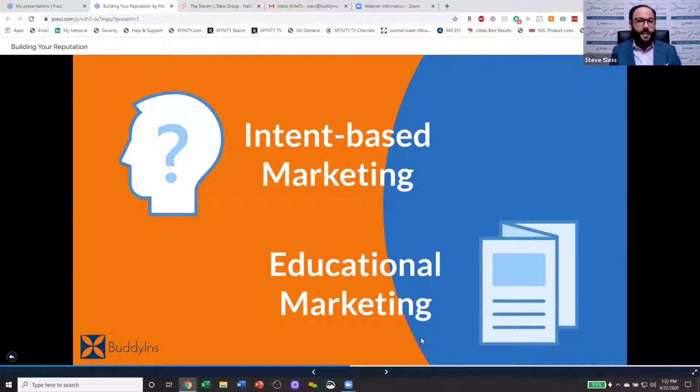Ultimately, with the intent on hopefully selling them your service or product, but really the intent is educating them. And through educating them, they will come to you. You're not going to necessarily have to go to them. But I think intentionally focusing on the segment of the market that's going to buy, not in the short future, but maybe in the not so distant future, 3 to 6 months out, that's where everybody's missing the boat.